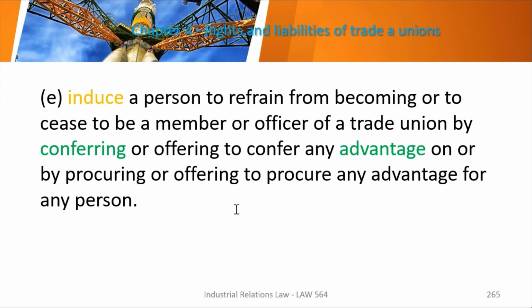You are not to induce anyone to become or to refrain from becoming a member of a trade union. Induce means you give some kind of promotion, some kind of monetary value. It cannot be that you give some advantages. So if you don't belong to a union, that's good, we give you extra money, provided that you promise not to become a member, and then I put it in the clause of the employment contract. No, it cannot be. You cannot be in a position to manipulate the situation by giving certain advantages and so on.